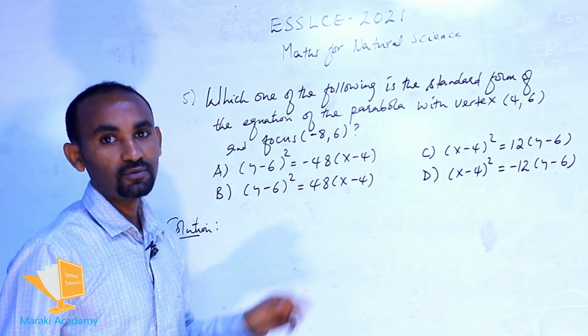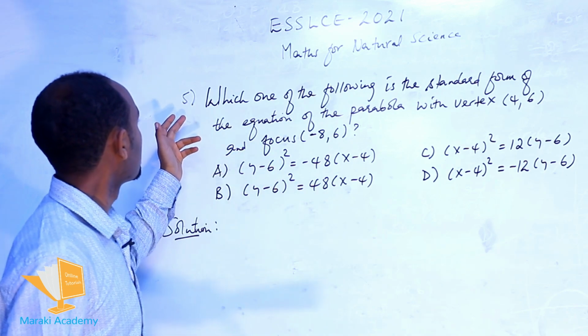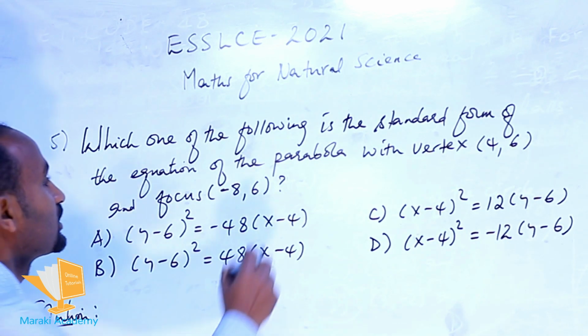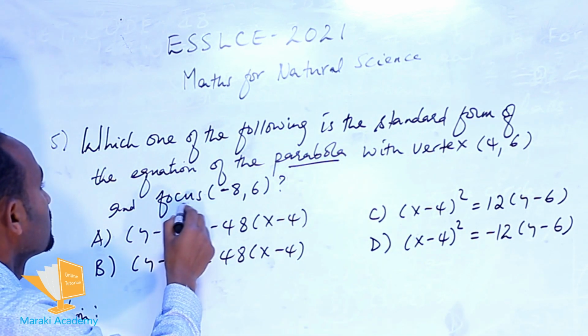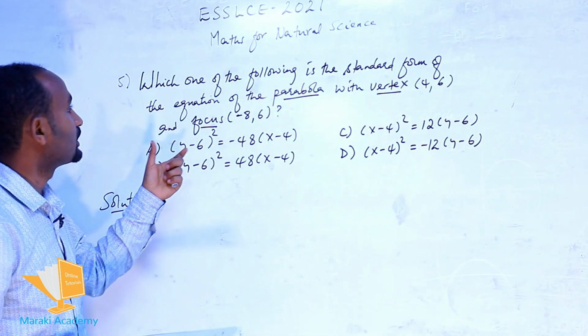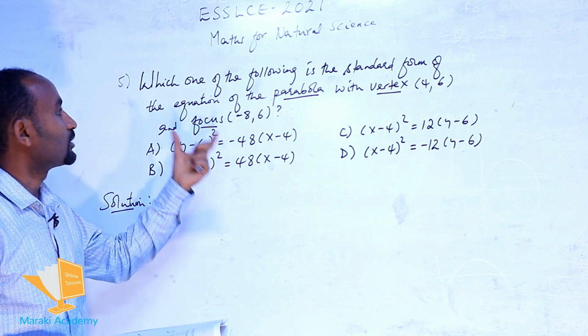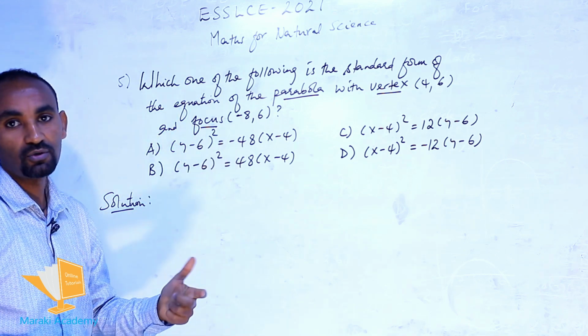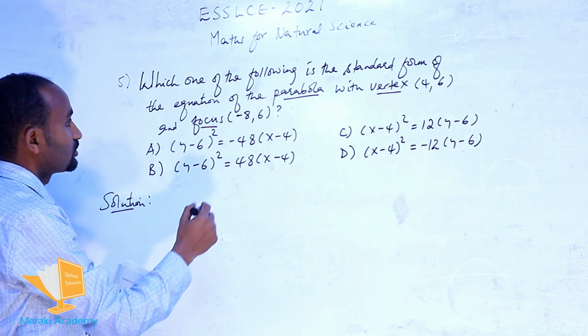Okay, the first question: which of the following is the standard form of the equation of a parabola with a given vertex and focus? Okay, so a parabola can be described using a vertex and a focus or in other forms. So in this case we have a vertex